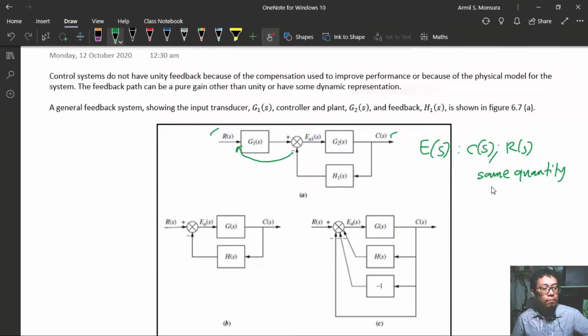Second, we will generalize the case kapag yung C(s) niyo at saka yung R(s) niyo is not the same. Okay? So, kapag they represent different quantities and therefore would possess different units or different dimensions, then we will treat this as